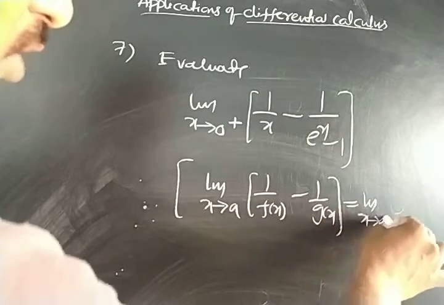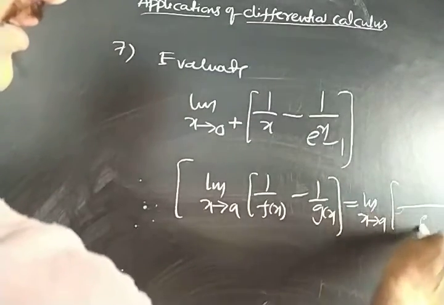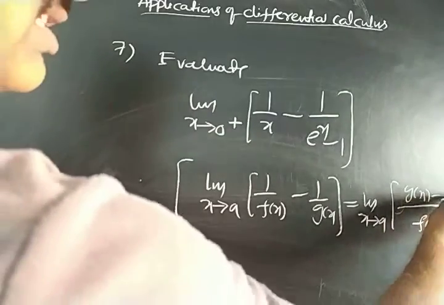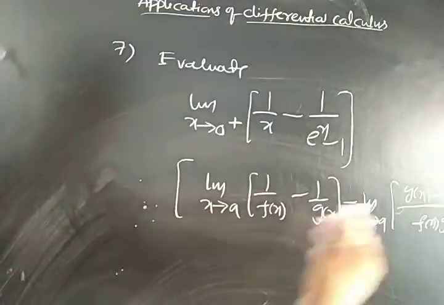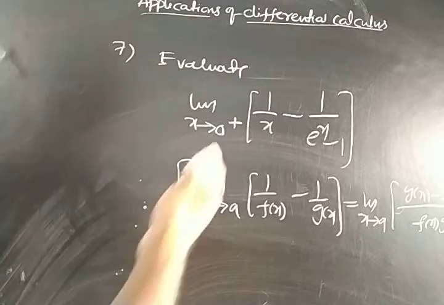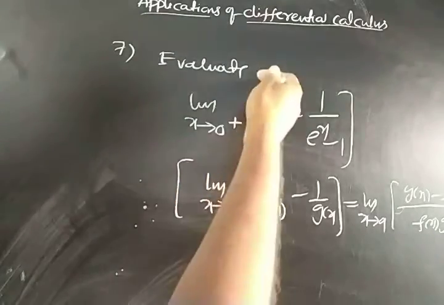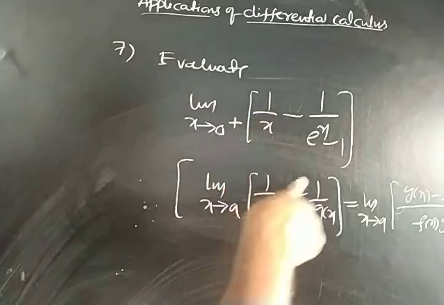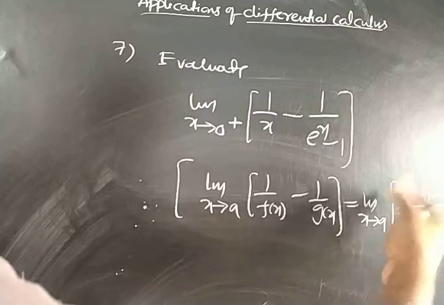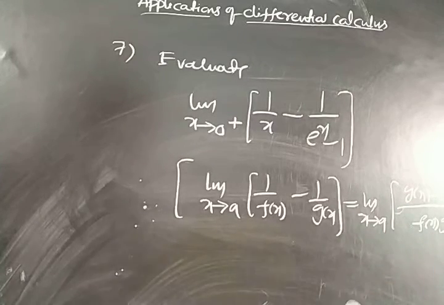While finding the limit, if you are getting this form, you have to take the LCM of these two functions. Then you will get g of x minus f of x. After taking the LCM, you substitute and you will get 0 by 0 form or infinity by infinity form, then continue the procedure. Before substituting, if it is in the form of 1 by f of x minus 1 by g of x, take the LCM, then substitute it. If you are getting the limit value directly, that is the answer. If you are getting an indeterminate form, then use L'Hospital. So I am using this property.